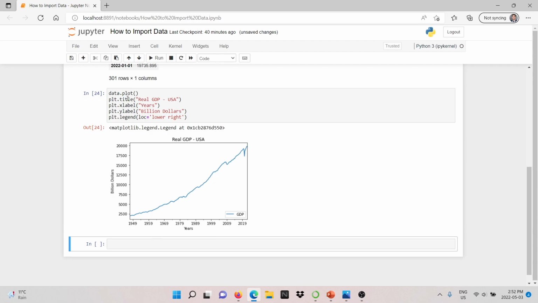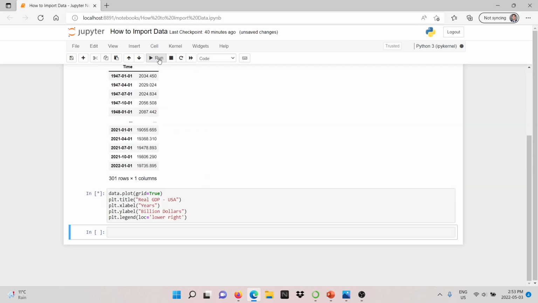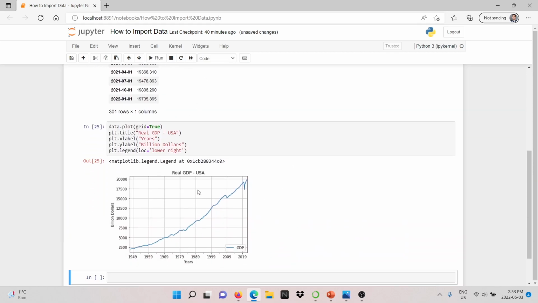We're going to go here into data.plot. In parentheses, the reason why these parentheses are is to add some options. If you leave these parentheses empty, as we did, we're not going to be having any options, of course. But now I would like to have a grid. So let's put grid equal, and then you need to type true. Now you can run, and you can see that we get a grid, so that's perfect.